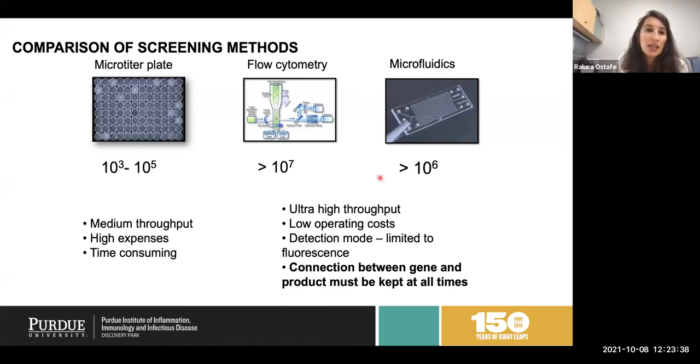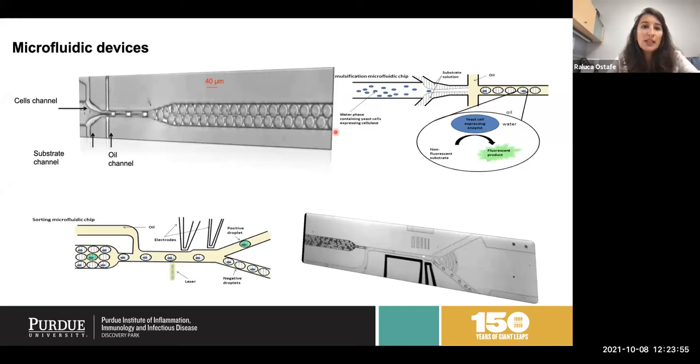In the case of the microtiter plate, each well contains one clone that produces one version of the enzyme or of the protein. In the case of flow cytometry or microfluidic devices, we need other methods to keep that compartmentalization and connection. And the way that we are doing this is by doing